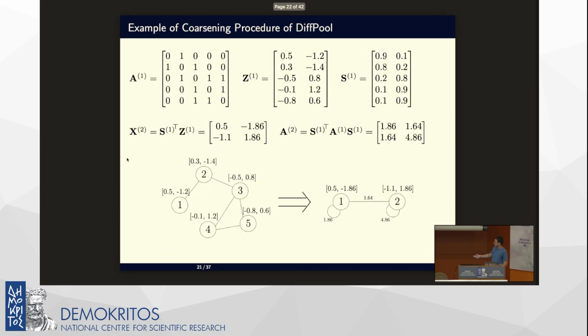And I'll give you an example of one layer of this model. So here we have this graph, which consists of 5 nodes, and we have this adjacency matrix. This is the matrix that contains the transformed node features, so the features that you can see on the nodes of the graph. And suppose that we somehow have learned this matrix S, and you see that the number of rows is 5, so the same number as the number of nodes here, and the number of columns is 2. So since the number of columns is 2, we know that the output will be a graph that contains just